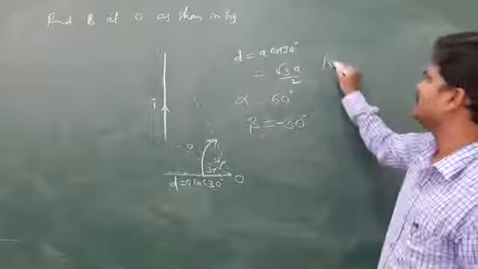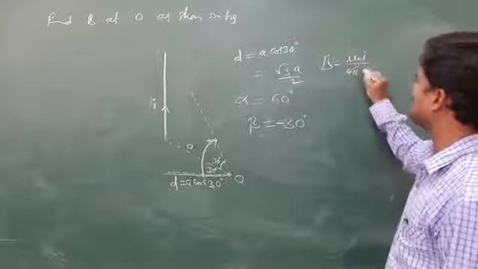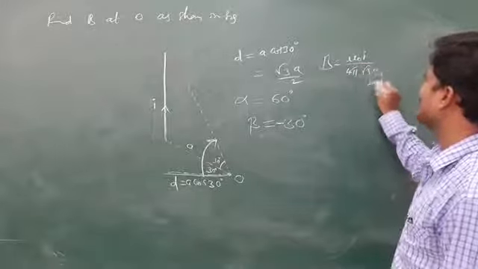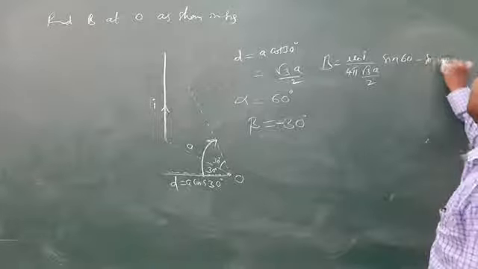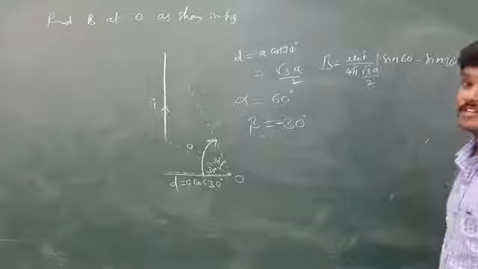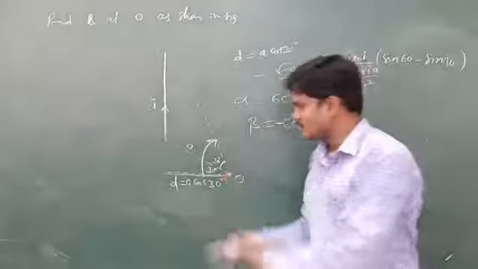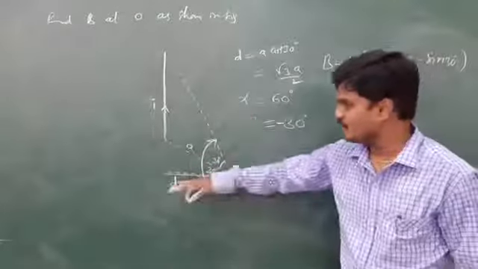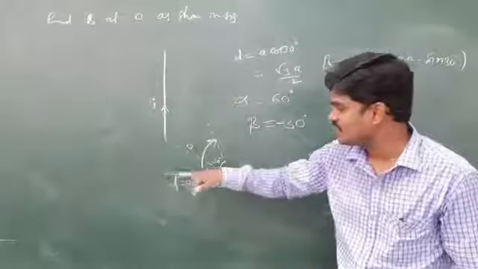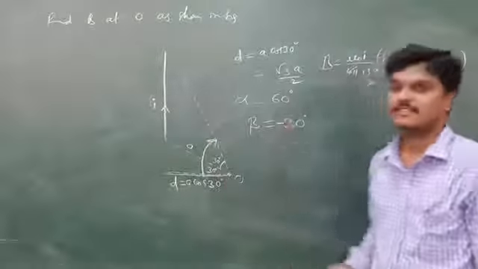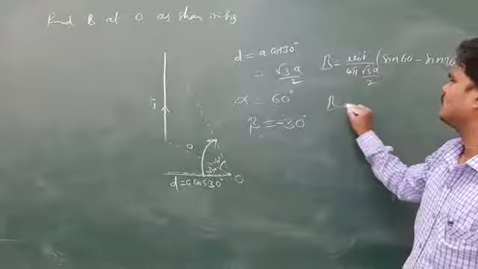Now B is equal to mu naught I by 4 pi d, where d is root 3 a by 2, times sin 60 and sin 30. The regular formula is sin alpha plus sin beta, but for this type of question, it is sin alpha minus sin beta. Alpha is clockwise, beta you are also moving clockwise, but beta must be an anti-clockwise angle. So beta anti-clockwise means beta is minus 30. So the 2s cancel.